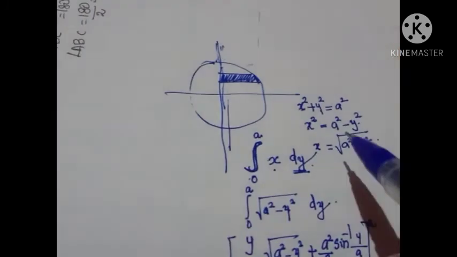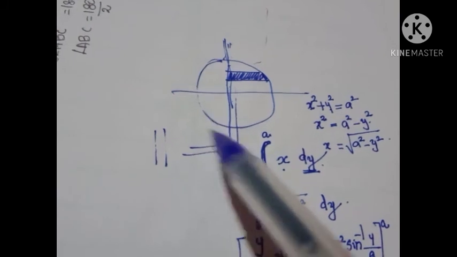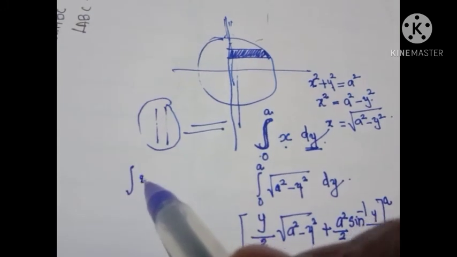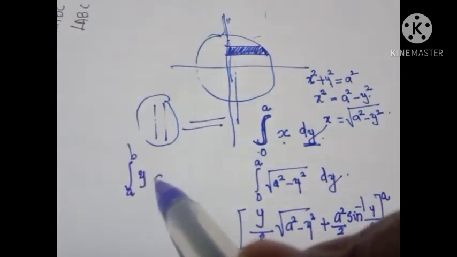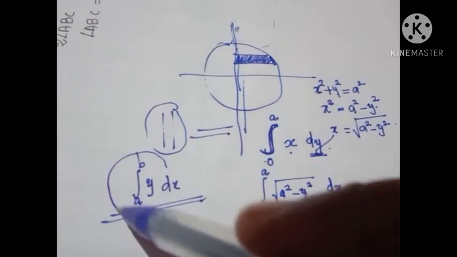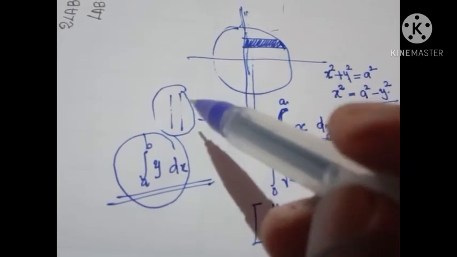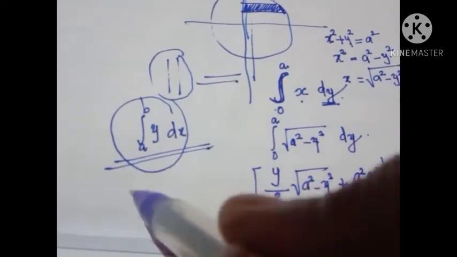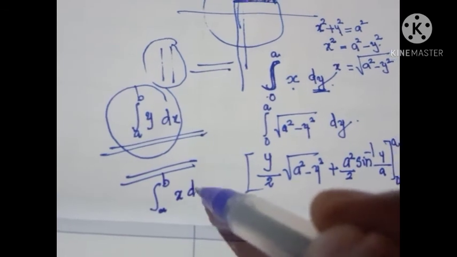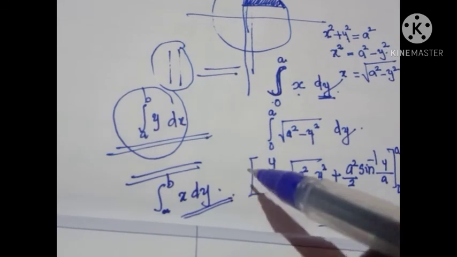So I mean that you can consider either vertical strips or horizontal strips. Often we consider vertical strips, and therefore area is obtained as integral from a to b y dx. So in the coming problems we will apply this result. That means we are considering only vertical strips. You can do the same problem with the help of horizontal strips, using the formula integral from a to b x dy, and you can verify whether the obtained result is correct or not.